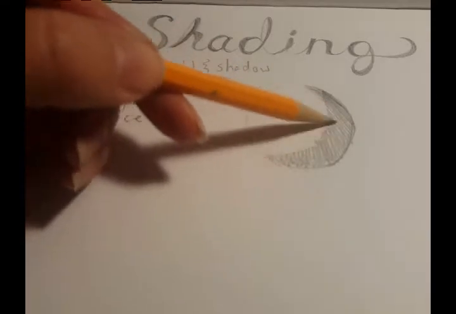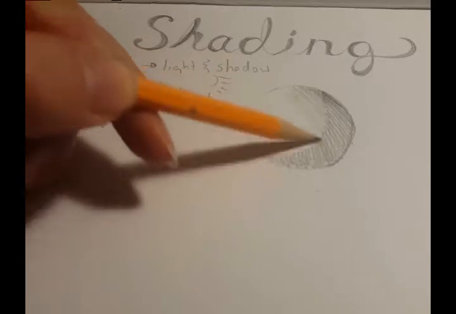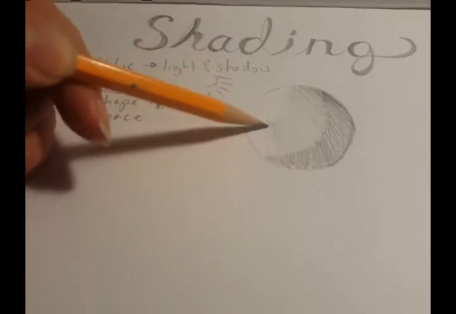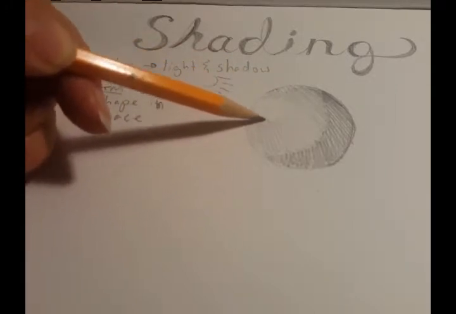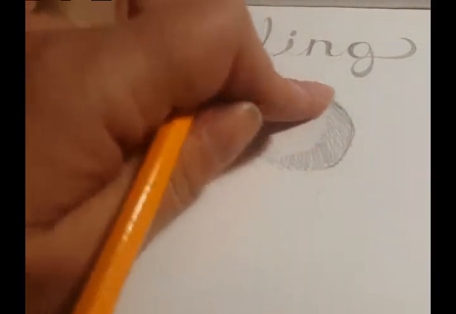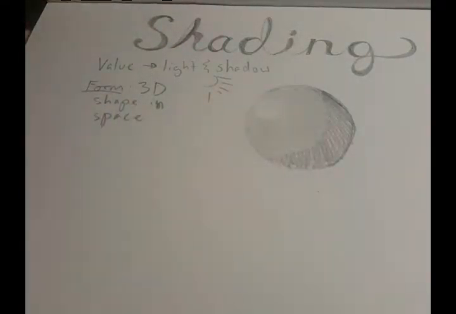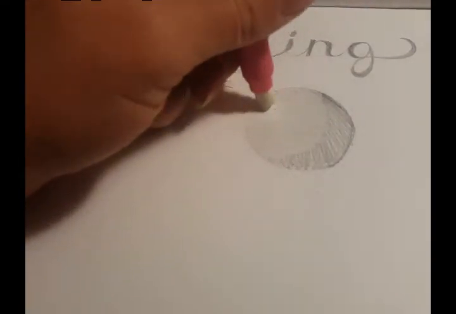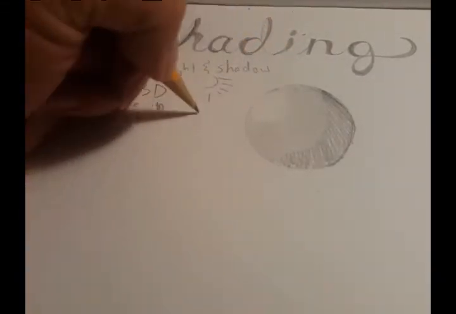But in between this darker side and this lighter side, there's a place where the light's just kind of hitting the side of this ball. And that's going to create a mid-tone. And you can see my shading's pretty rough here. I'm going to smooth it out with my finger. And I want that highlight to look a little brighter. So I'm just going to erase. So I have the highlight,